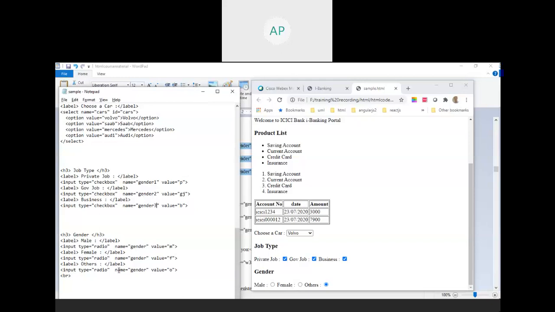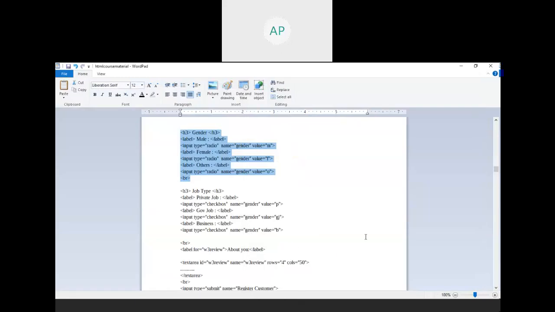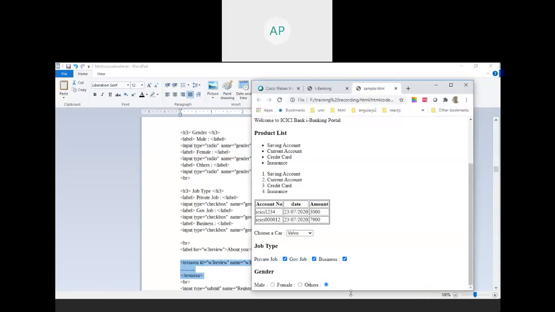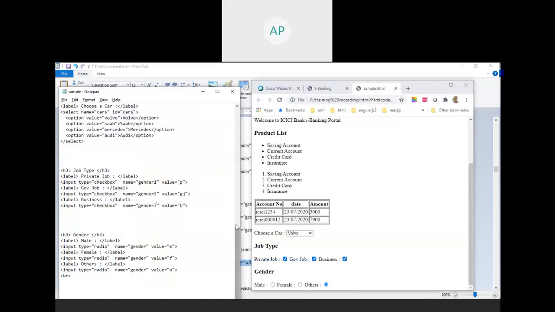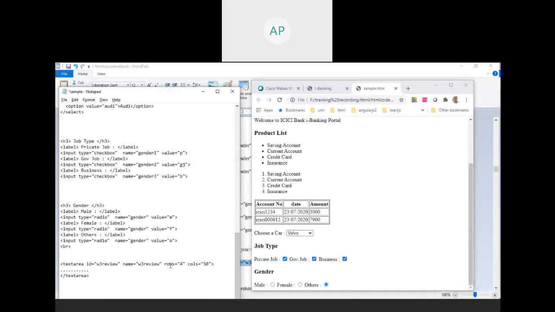There are a number of sites available. You have all the documents over there. It's very easy for you to understand. Text area is to create a text area. In some web pages, like a comment box, there will be an area where you can type around 200 or 300 letters. If you want something like that, then you are going to use text area, with rows and columns. You run this one.